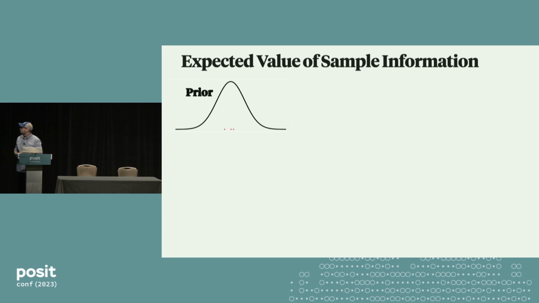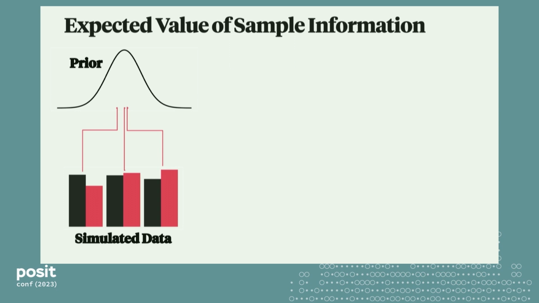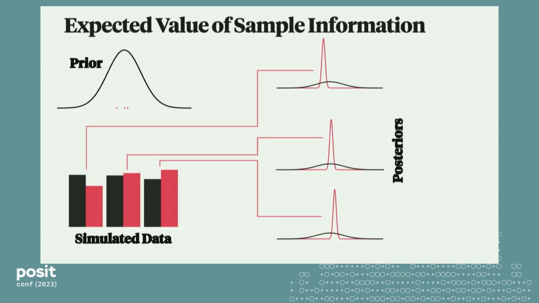We are going to draw a bunch of potential lifts out of that prior. For each of those lifts that we draw, we're going to simulate an experiment, right? Let's say we're interested in, hey, what if I want to get 2 more weeks of data? So I can simulate a 2-week experiment, control and treatment, with that lift that I drew out of the prior. That data and that prior generates a posterior with a new opinion about what those lifts might be.